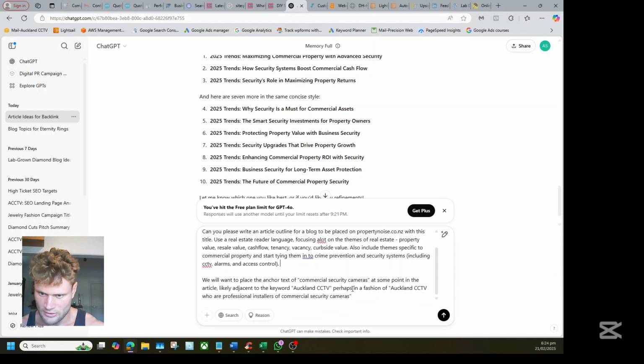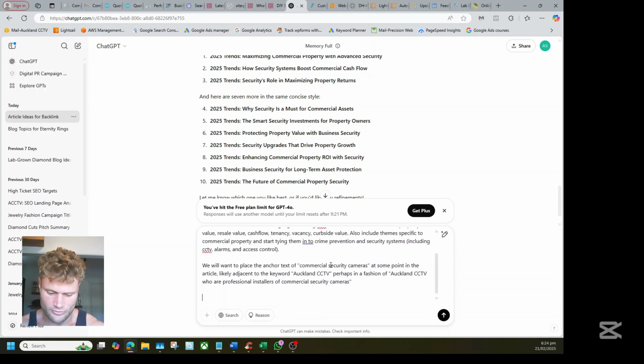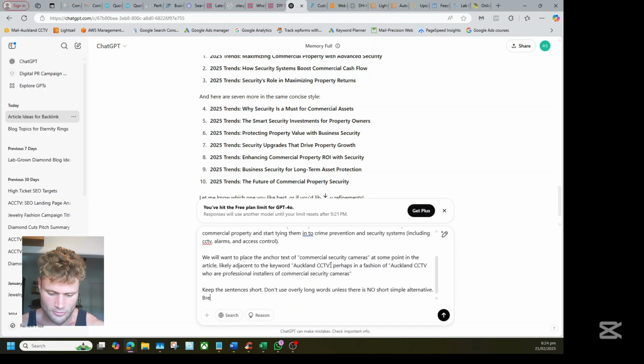Cool. And now we want language. Language is important. Language and formatting. Keep the sentences short. Don't use overly long words unless there is no short, simple alternative. Break it down into H2 and H3 headers. Use bullet points where appropriate.